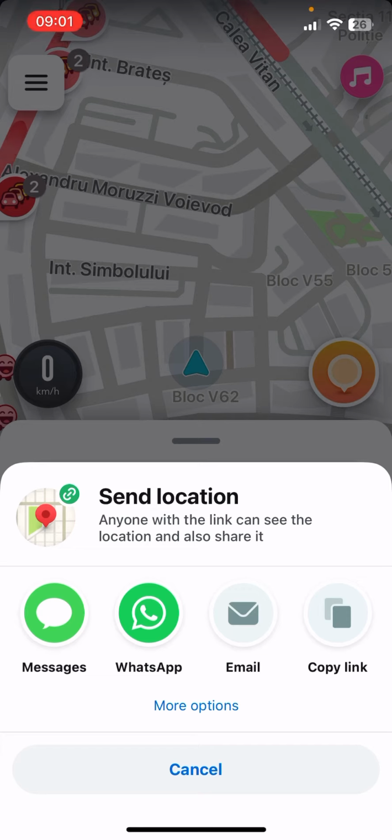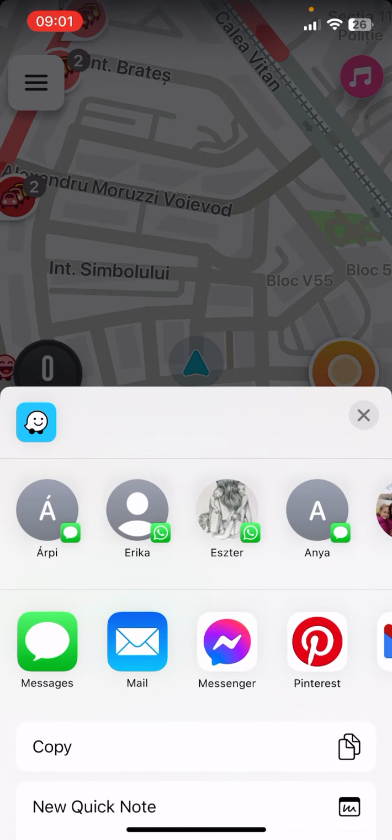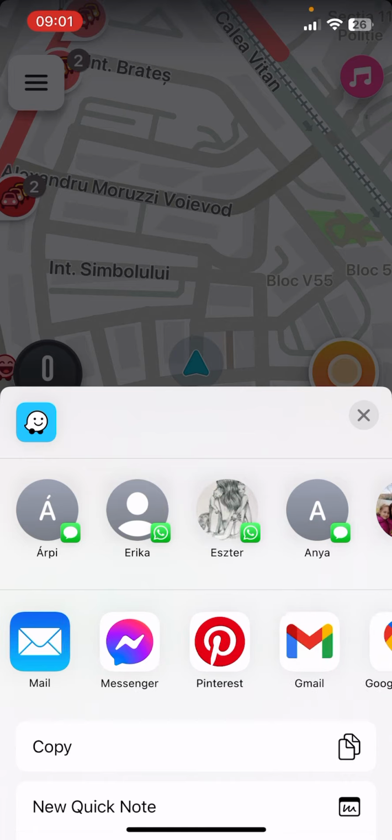Or if you click on the more options, you can see that there are other options like Messenger, Pinterest, Slack,